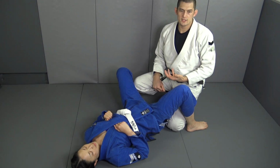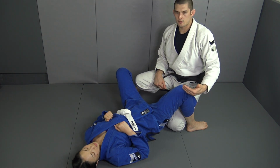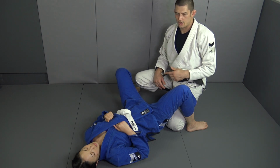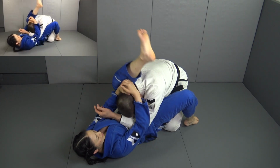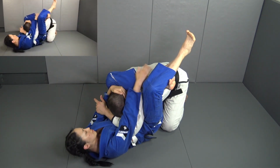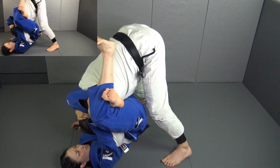Okay, this is one of the things that makes the triangle very powerful, is that it requires quite a bit from the other person to get out because their legs are not immediately part of the fight. Okay, so let's look at this again. She's got me in a trap triangle. I go stacking her, but I don't have the ability to look up and away from her. She moves the lock behind my head,